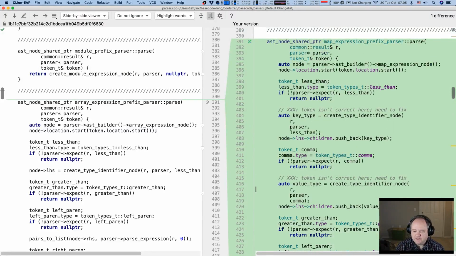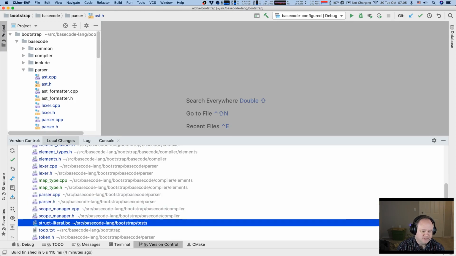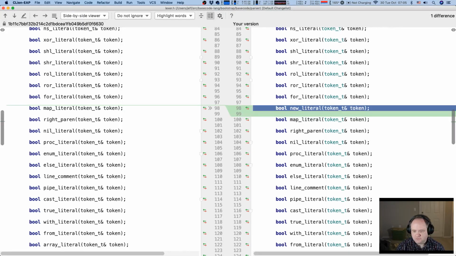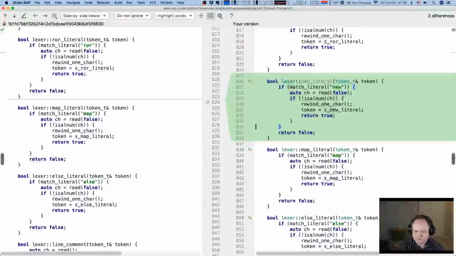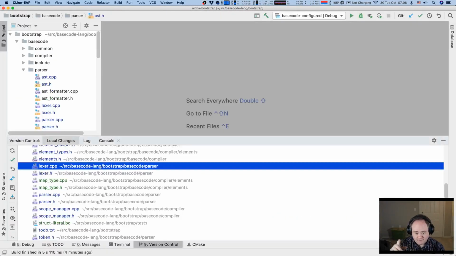At this point, the only thing that's broken is create type identifier node is taking in a token, but it probably really should just be using the token it finds itself. So I need to refactor that, but that's really all that's impacting is locations. Like in error reporting, it's just not going to have a good line and column range like it should. In Lexer, I added new literal, and then I added the new literal case to the map, which is going to trigger the function here, which grabs the new token if it's valid. And that we actually tested, that worked.